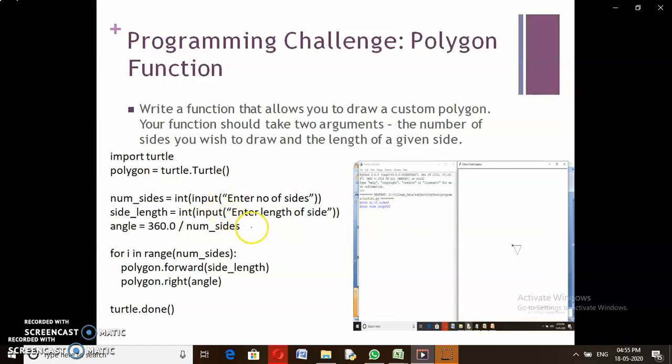And this is the program to draw any type of shape using turtle graphics. Here we are accepting the number of sides from the keyboard, and side length is also from the keyboard. Then get the angle for the drawing of the shape, and repeat the loop for the number of sides, and move forward for side length, and take a right turn by the angle. Like this you can draw any shape using this program. So this is the example. Here we gave the number of sides as 3 and the length as 50. So it gets a triangle.